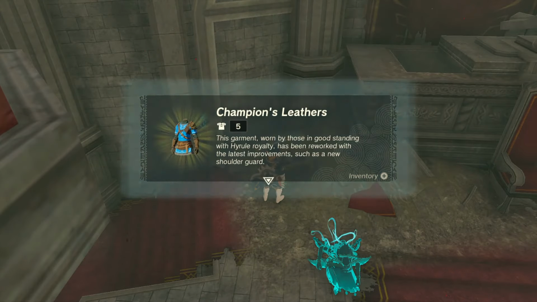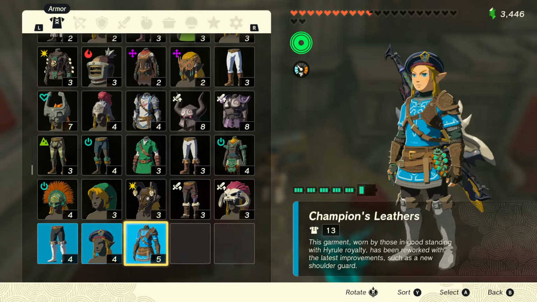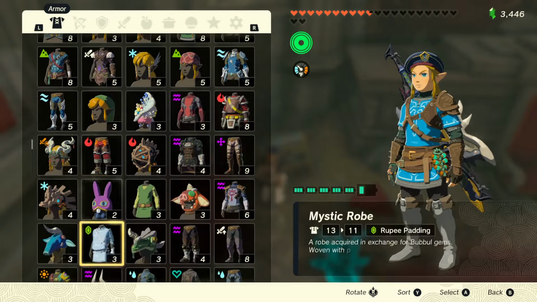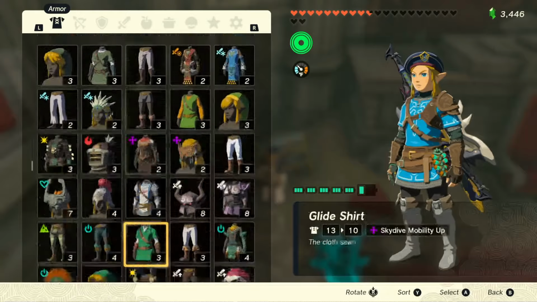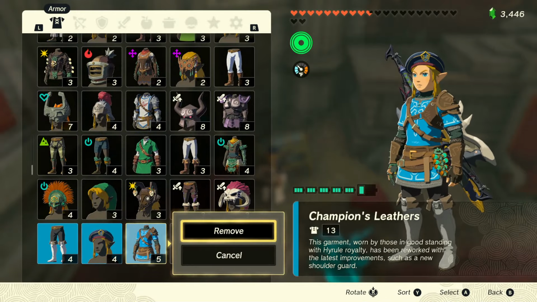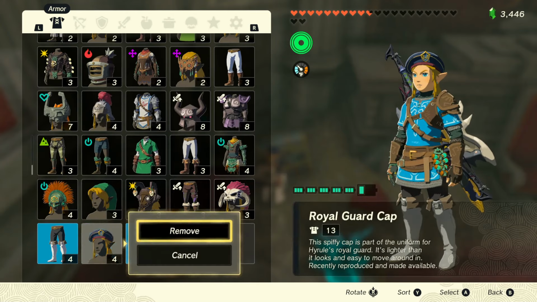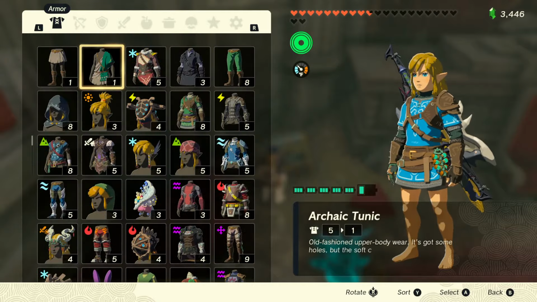Alright, so we get here the champion leathers. So there's a garment worn by those in good standing with the Hyrule royalty, reworked with the latest improvements, such as the new soldier guard. Okay, so I'm going to put this on real quick. So we need to take off its uniforms. Now let's see. Now I'm not necessarily sure what I decided to not wear, but if I remove it, what will happen? Oh, actually no, I need to equip it. Okay, so I do need to remove those two. Okay, but you know what? Let's put on...